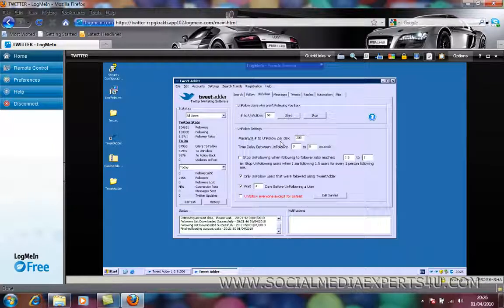It's going to unfollow 200 people per day, but it's going to do it every 3 days. Wait 3 days before unfollowing a user. So that's how normally we tell people to do it. So here you configure exactly how many people you want to unfollow and how many times a week or